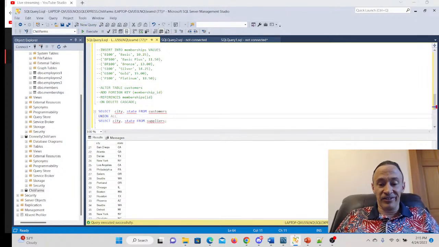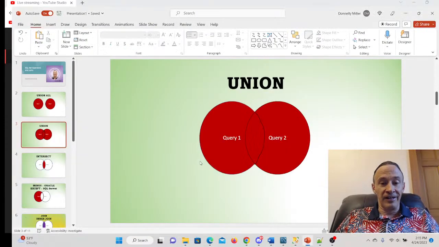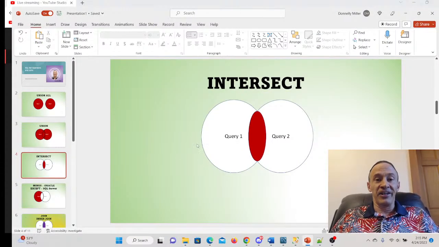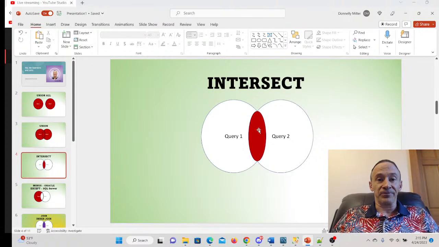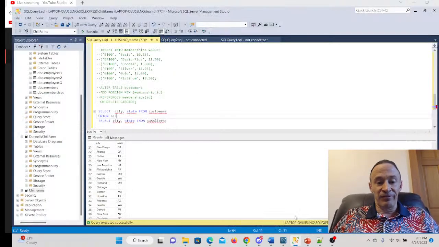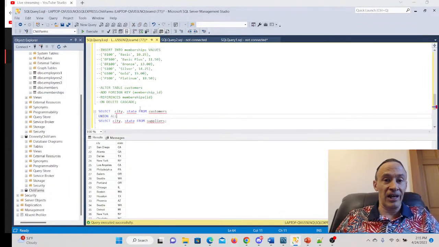Okay, now the next set operator is the intersect. This is only going to return those values that are in both of the tables. So they have to be both in the first query and the second query. In this case, they have to be both in the customers table and suppliers table. So if I change this to intersection,